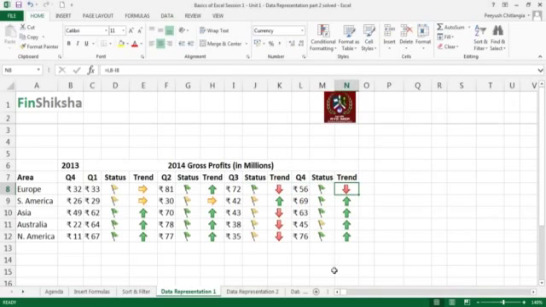Now this table showcases data sets such that we can immediately look and see that Q3 was the worst quarter, and Q2 was probably one of the best quarters, because there's a lot of green on the display. So that's the first example of data representation, where icon sets within